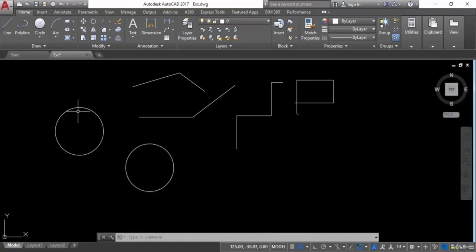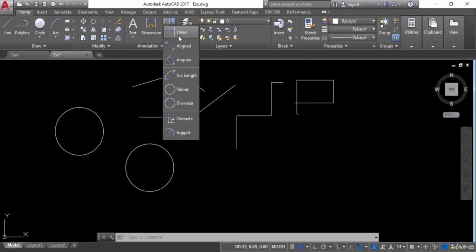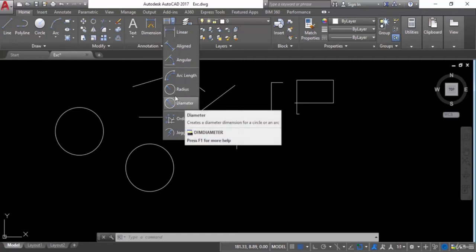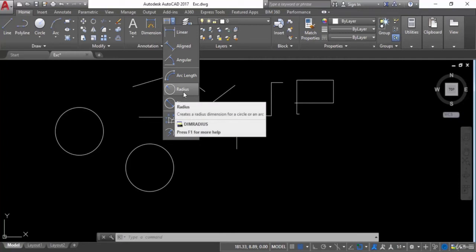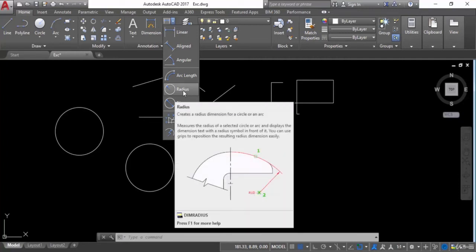Okay, and this is a 20 unit of what? Radius. So if you want to check radius and diameter, all you need to do is go into the Home tab and make sure that you are in annotation panel, and from here you can just give the dimension. And here you can see some of the options: linear, aligned, angular, arc, radius, diameter. So if you want to check the radius, all you need to do is just click here, or you can use this command DRA. What? DRA for checking the radius of a circle.